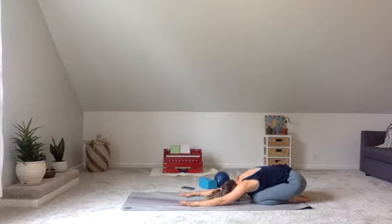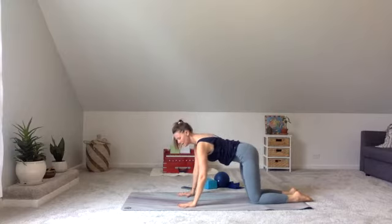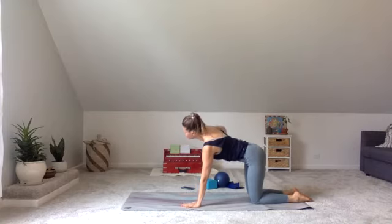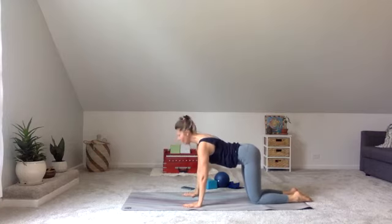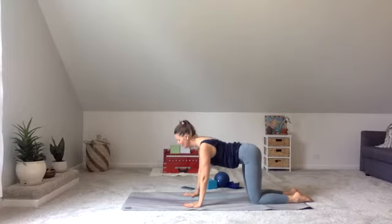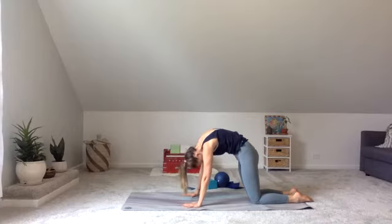Okay. Come up to your hands and your knees, and we're going to do a couple of things next. So the first thing that we're going to do is our postnatal cat and cow, just to really warm the abdominals up from this place. So from here, take your inhale and let your heart space begin to pull forward without opening the back too much. And then exhale for the count of 5, round your back. When you get to that empty breath, engage your belly more, hold 3,